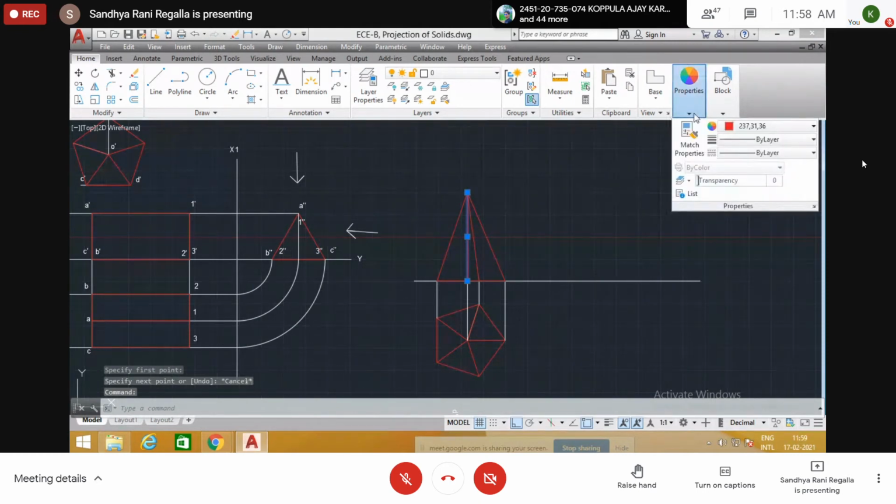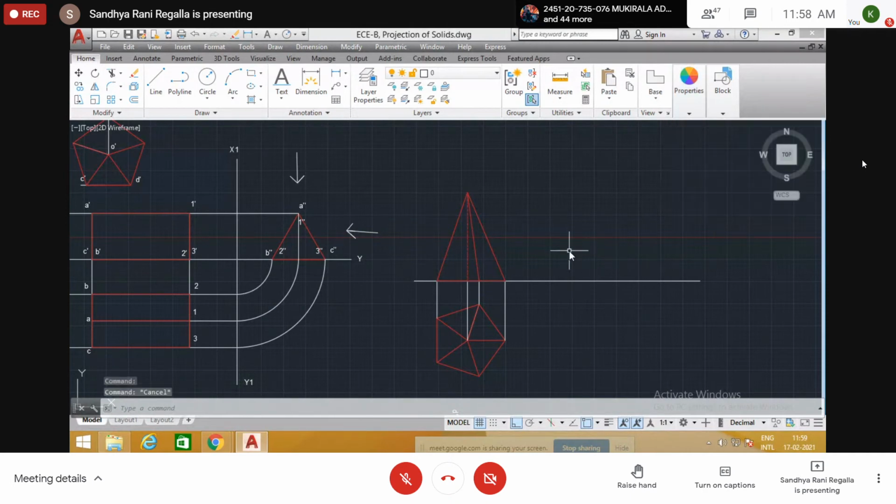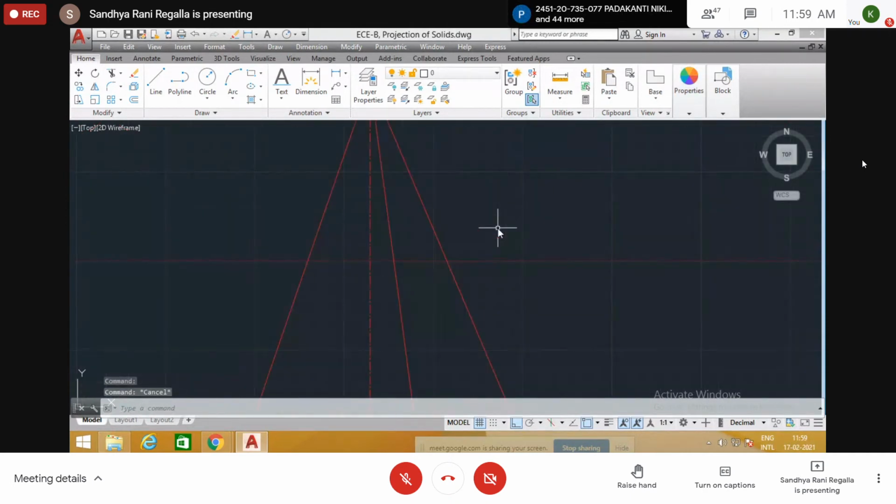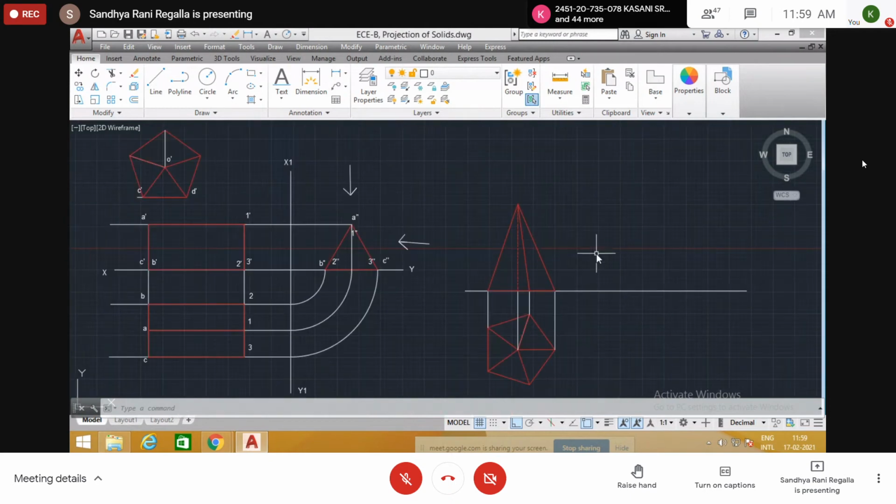Axis is dot and dash. To show the axis, we use dot and dash like this. Give the notation.